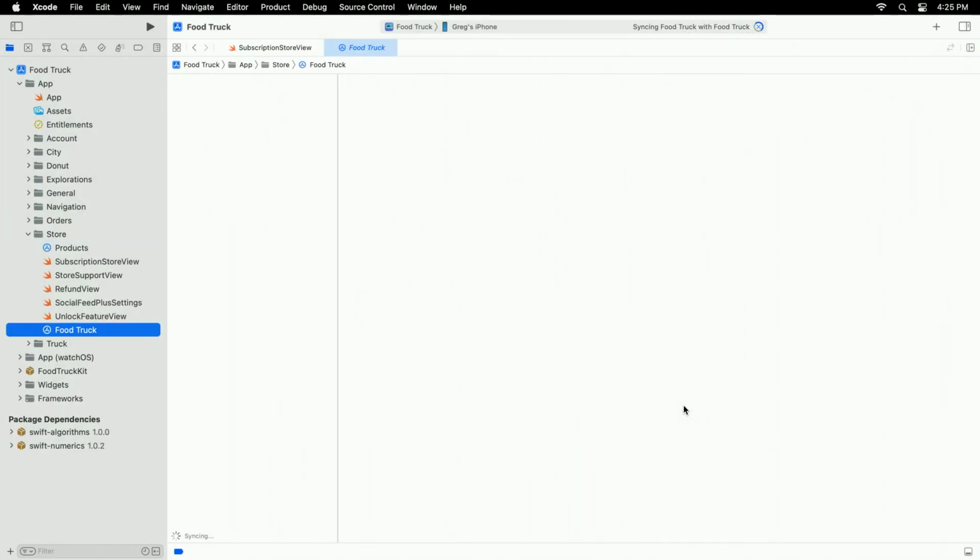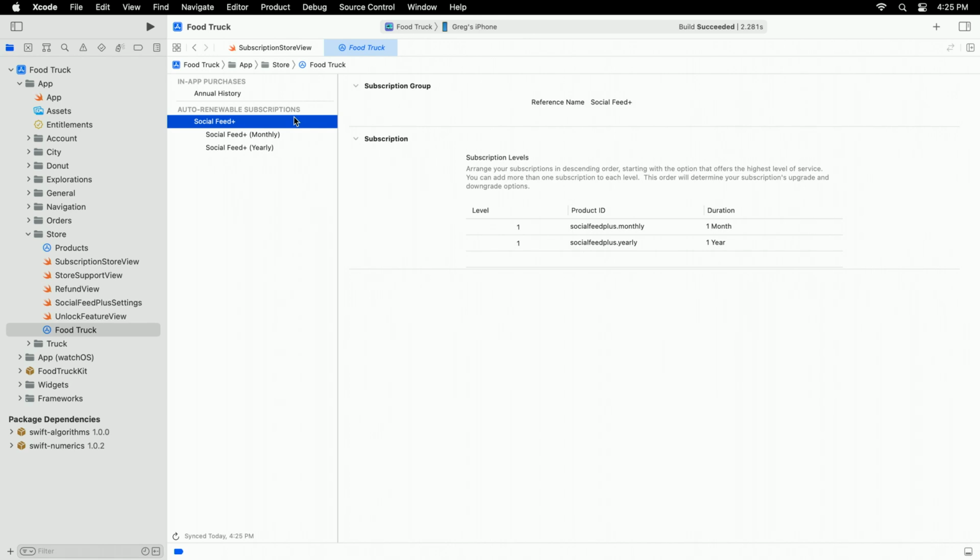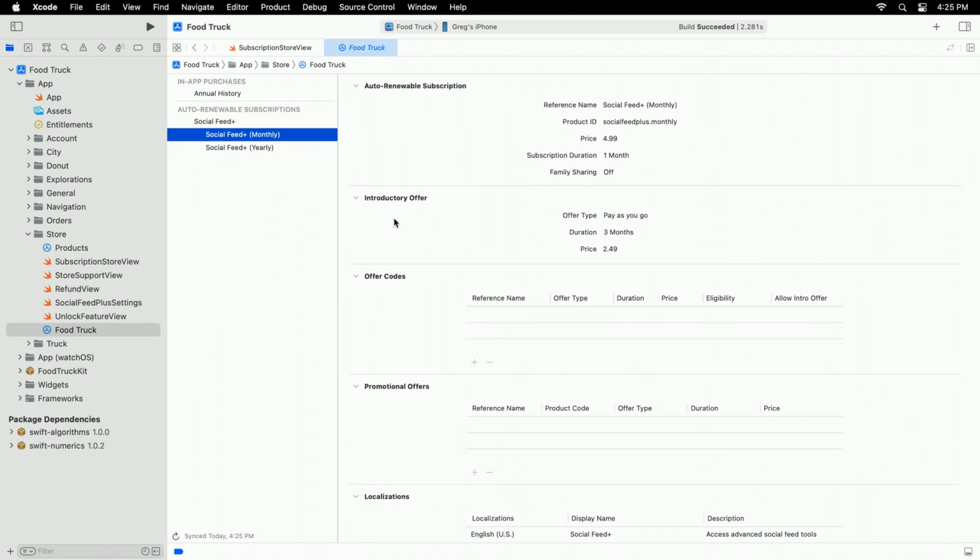As soon as we save the file, the in-app purchase metadata begins syncing from App Store Connect. While the data is downloading, we can keep working on our app and keep track of its progress in the activity bar. When the sync is finished, you'll notice this file looks different than a typical StoreKit configuration file. That's because the synced file is in a read-only state. We can see all the data in Xcode at a glance, but to make changes, we have to open App Store Connect.